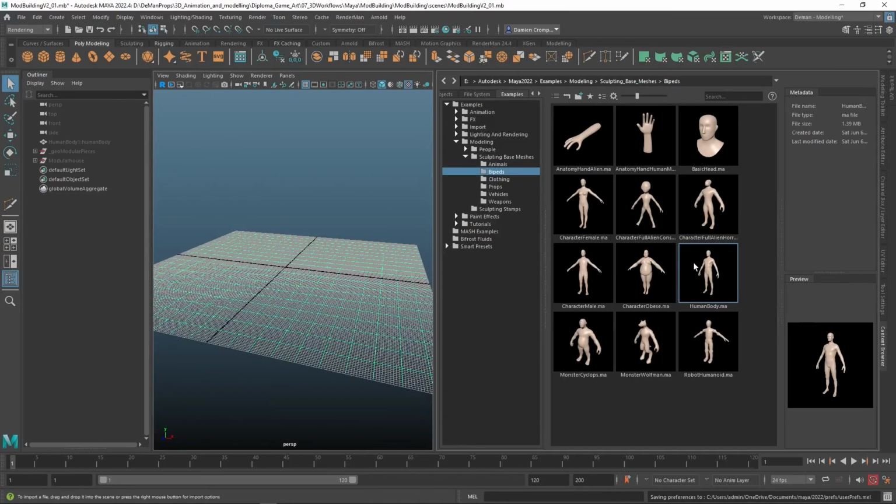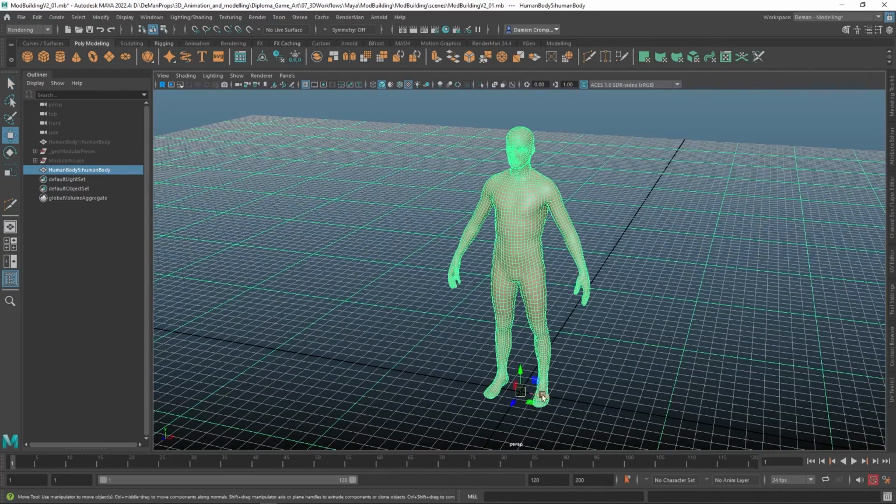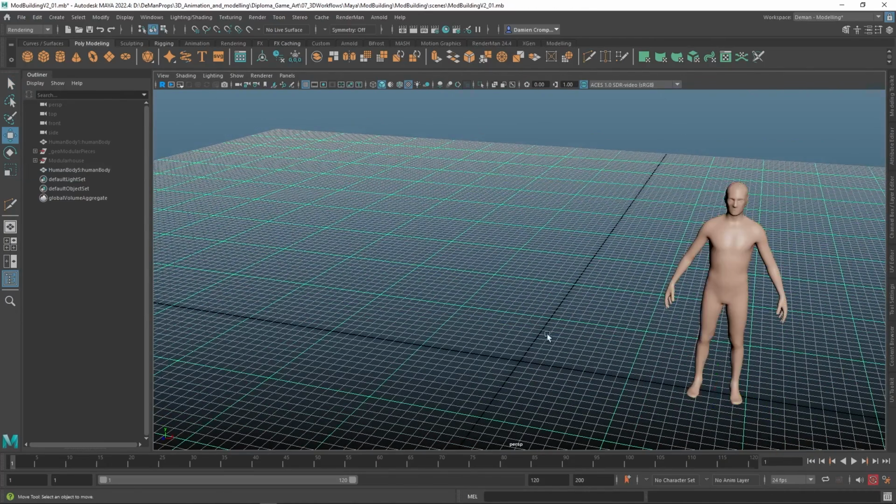So what I'm doing now is bringing in a reference. So we're using the bipedal character from Maya, and we're just using this to make sure that our sizing is accurate. So what we're going to do now is then create a plane, and that's going to be our first